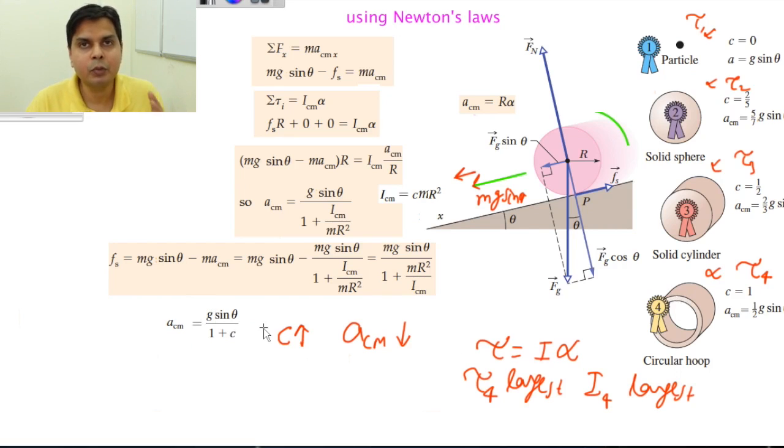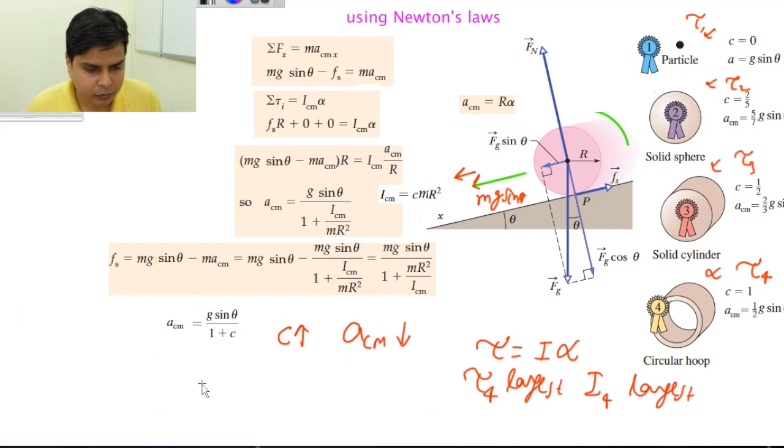You should always argue, okay, this equation is correct, the formulas are correct, but you should also argue in physical terms what is actually happening. In this thing, since everything is at distance r, I has increased. So since I has increased, I need a larger torque. Larger torque will come from larger friction. This larger friction will reduce this A because it is acting in the opposite direction. So this is one thing.